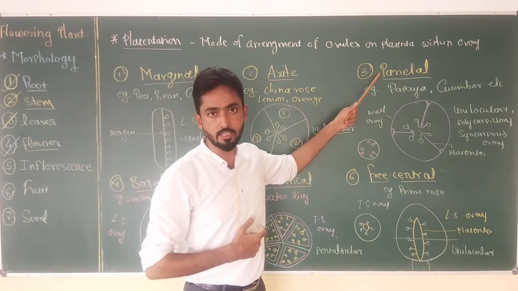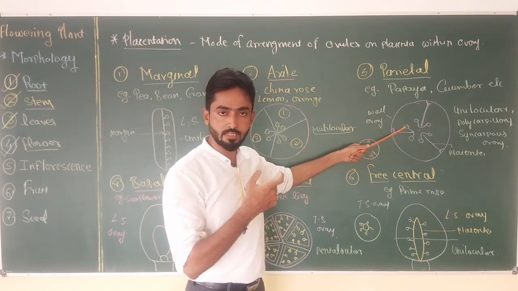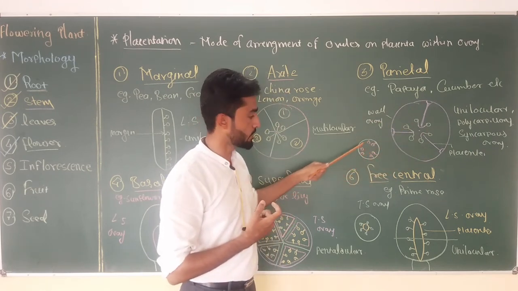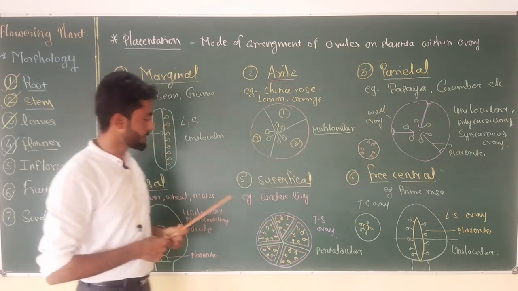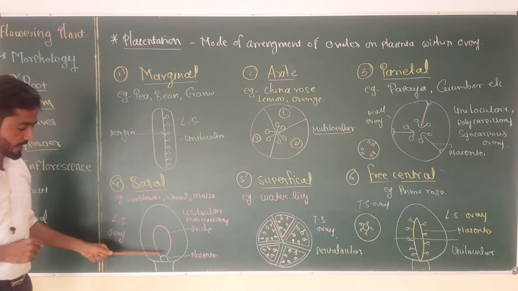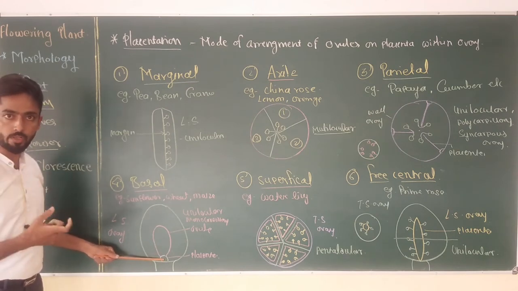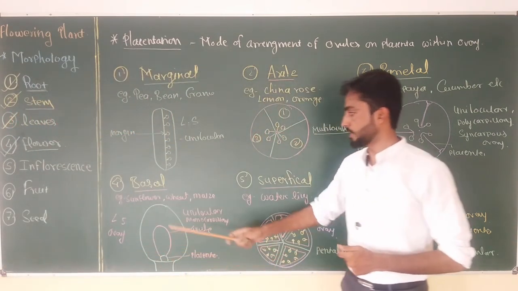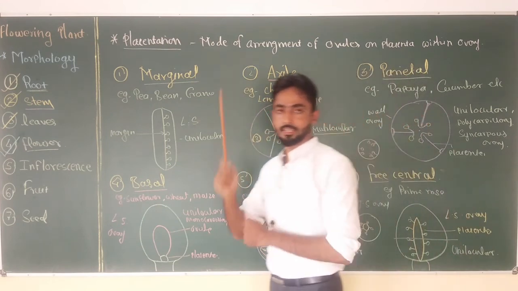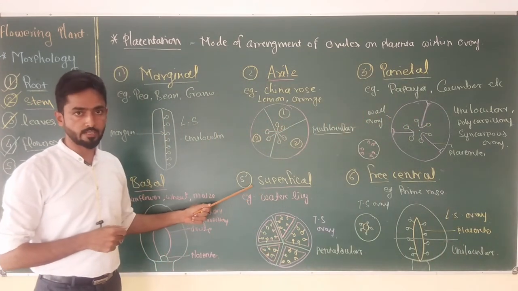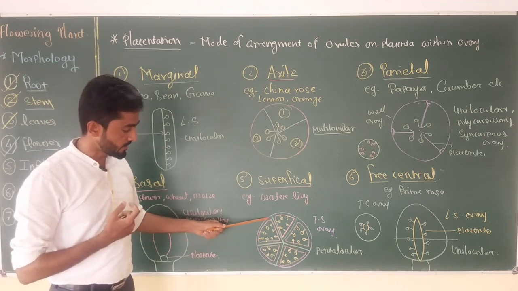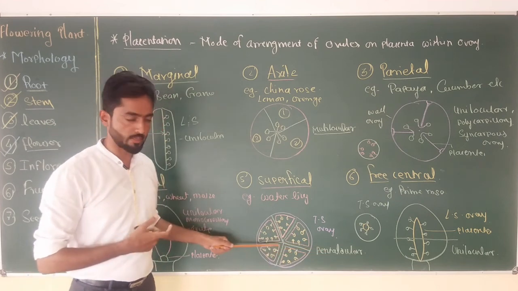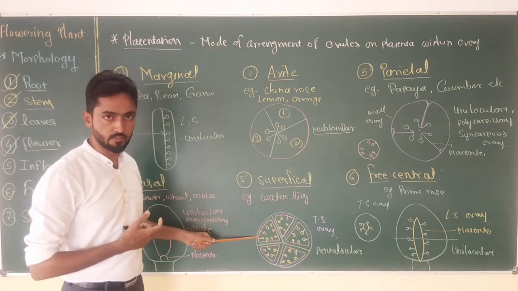Then in case of parietal placentation, generally ovules are connected with the placenta which grows on the periphery of the ovary, or on the wall of the ovary. Example is papaya, cucumber. Then in case of basal placentation, a single ovule is produced at the base of the ovary, to which placenta is connected. And this type of placentation is found in the sunflower, wheat, maize plant. The second last type is superficial type of placentation. Example is water lily, in which placenta grows throughout the ovary in different compartments, which is pentalocular ovary, for example, and ovules can be arranged like this. So it is called superficial.